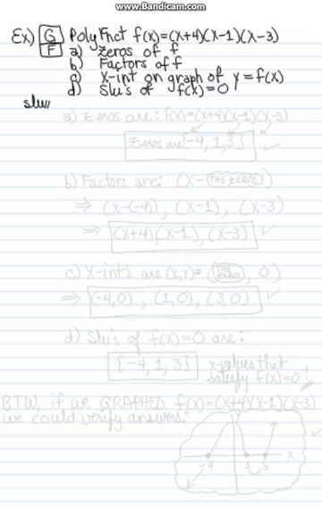Given the polynomial function f(x) = (x + 4)(x - 1)(x - 3), find part A, the zeros, also called the roots of the function f; part B, the factors of f; part C, the x-intercepts on the graph of y = f(x); and part D, the solutions of f(x) = 0. Part A, the zeros in the polynomial, well, it's just the values that are being subtracted from